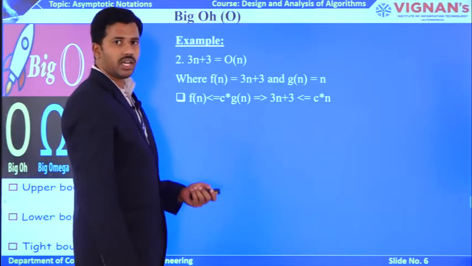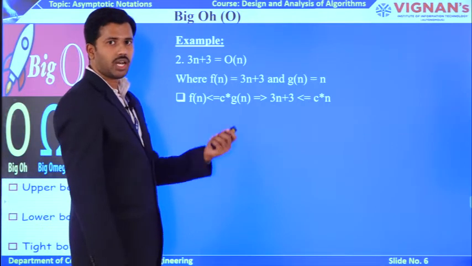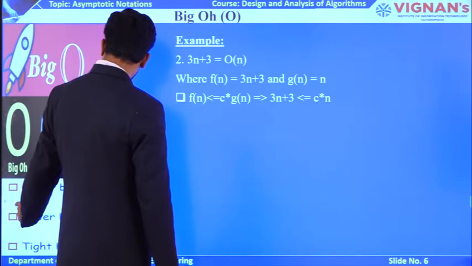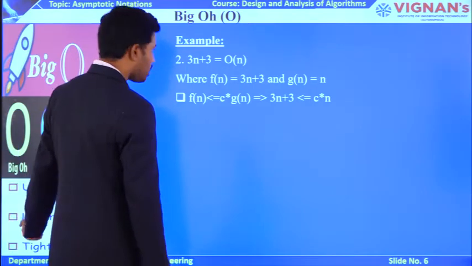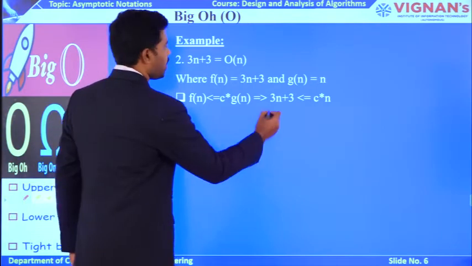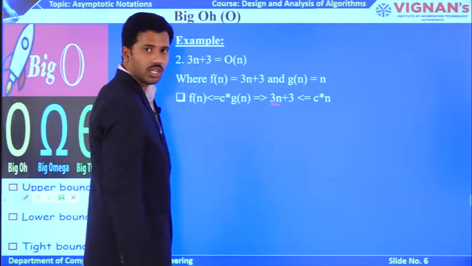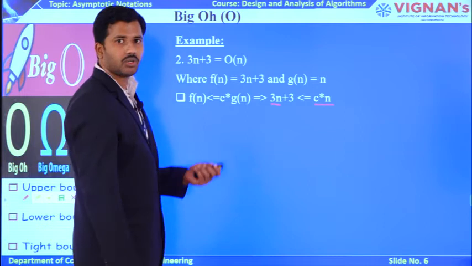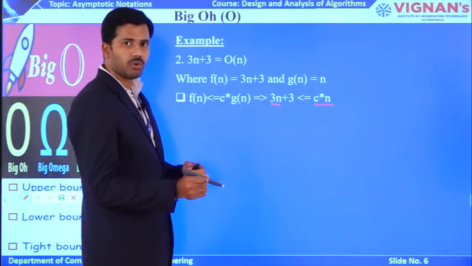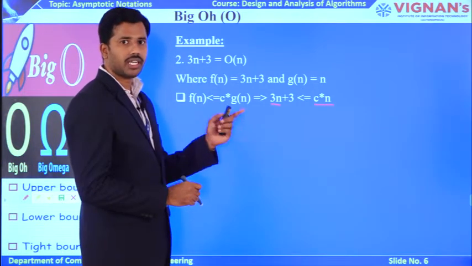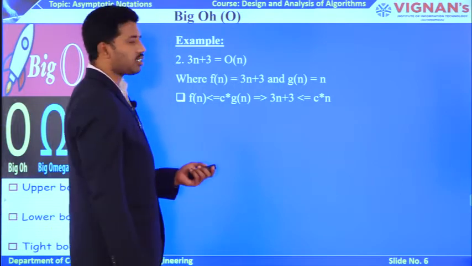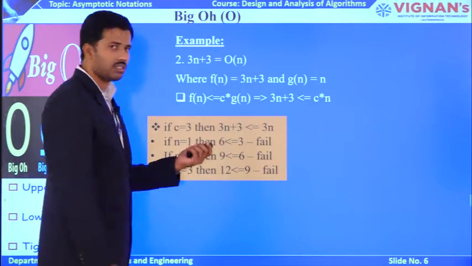Now, your target is to find out c value as well as n value. Now, can I take c value equal to 1? Can I take c value equal to 2? Not possible, right? Why? Because if you observe the powers of f of n as well as g of n, the f of n has the highest power which is 3 into n. So, to satisfy the relation, you need to take the c value from 3 onwards. Do not take c value linearly. Now, if I take c value as 3, my relation becomes like this.